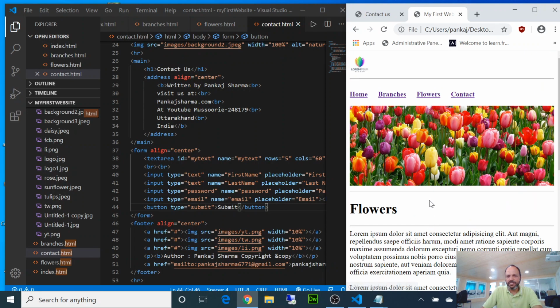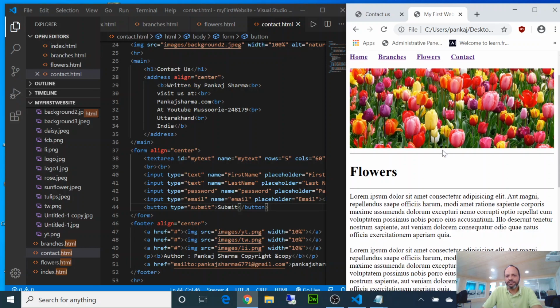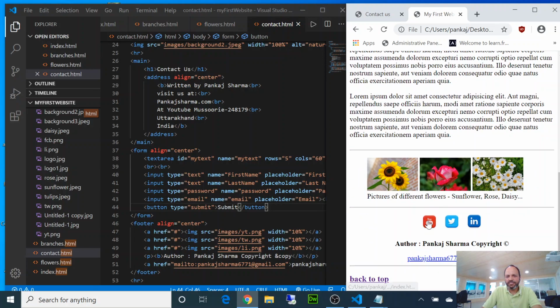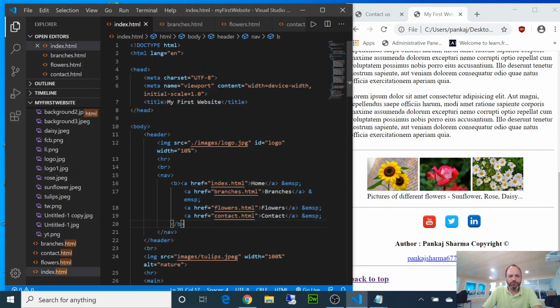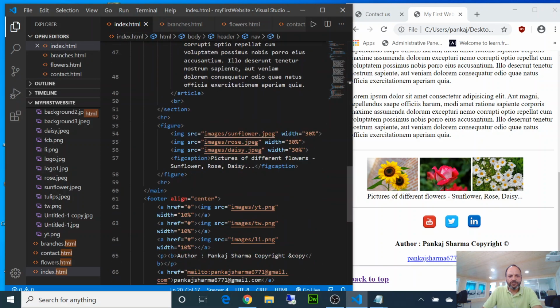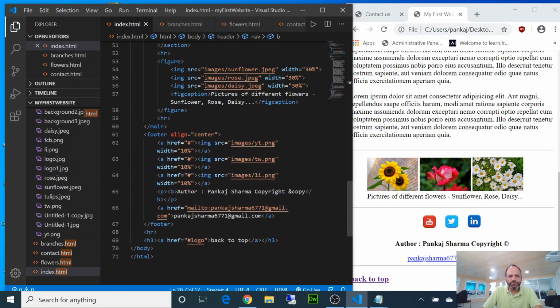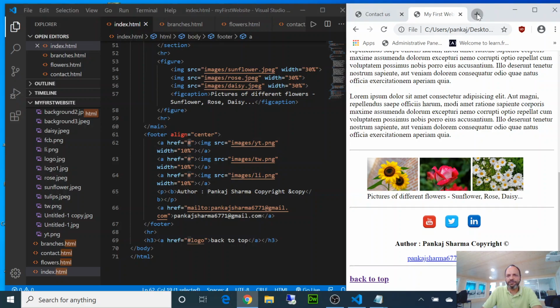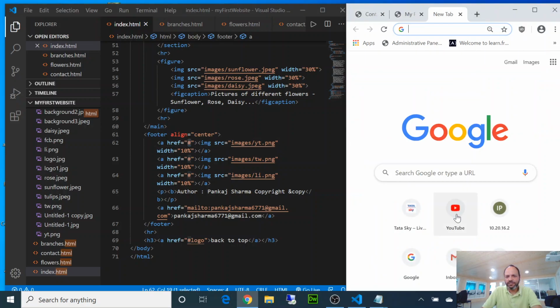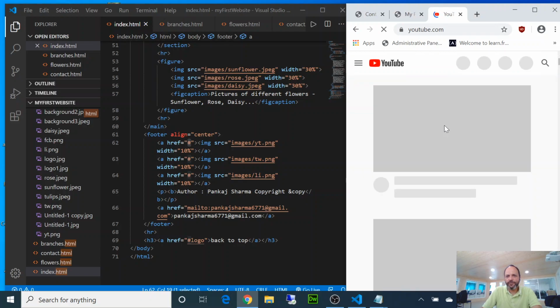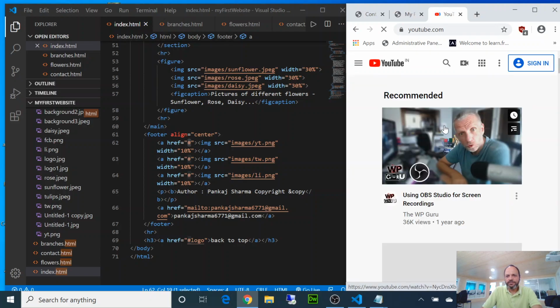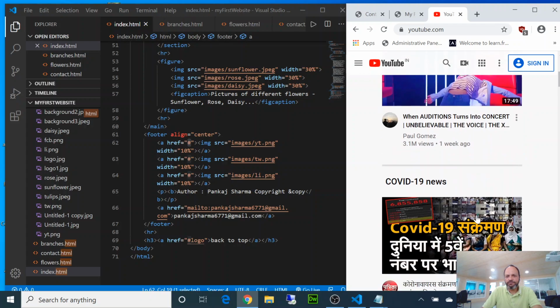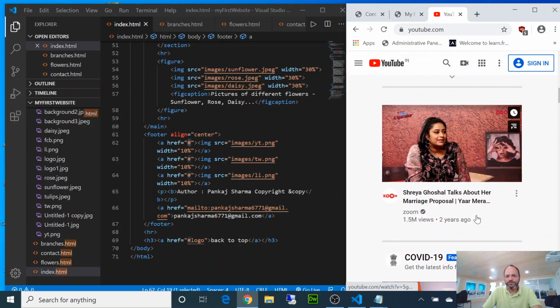Okay, so if I click on this one, it's there because I haven't put any link there. But if I put a link over there, it's going to actually open that link because the photograph that I have put is inside this. Okay, so if I put a link here, I'll open something in YouTube. Let's go there. Okay, I go anywhere. So